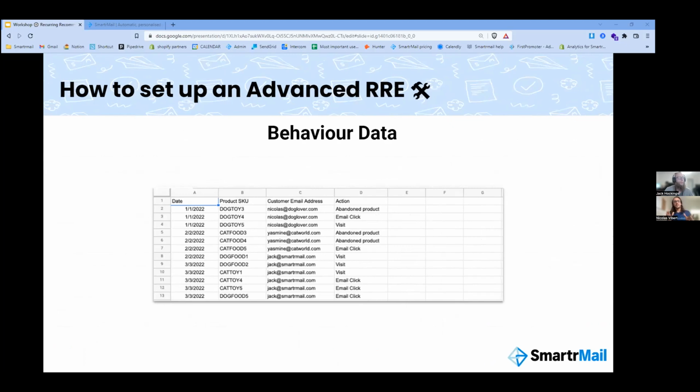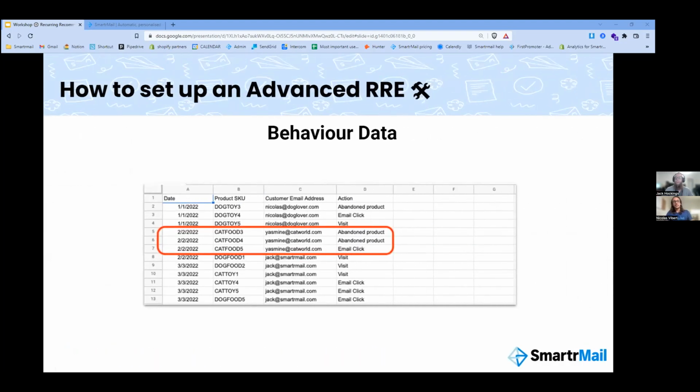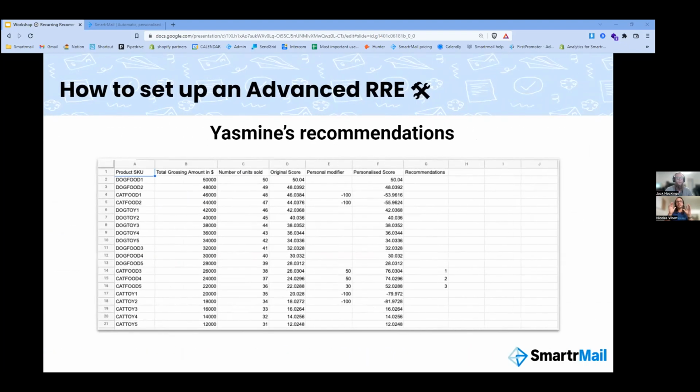The second element is the behavior of these customers on the website. We can see that Nicolas viewed, clicked, and abandoned some products, so did Yasmin, and so did Jack. These elements aren't equally important, so they'll affect the personalization score differently. So again, focusing on Yasmin, we can see that she abandoned and clicked products in the cat category. As a matter of fact, here is Yasmin's final personalization score. We can see that because she already purchased some of these products, the score of these products has been lowered. The goal here is to recommend other products that they might be interested in and not really to send again